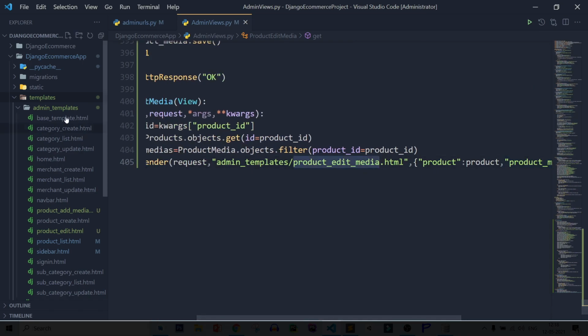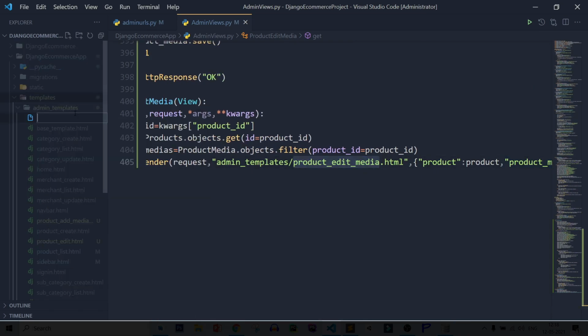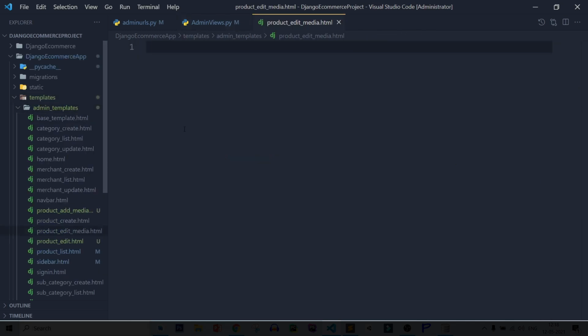So copy the template page name, right click, new file, product edit media dot html. After that just copy the code of any page, like copy the page of category create.